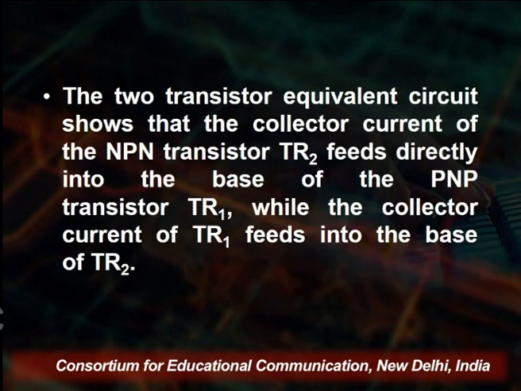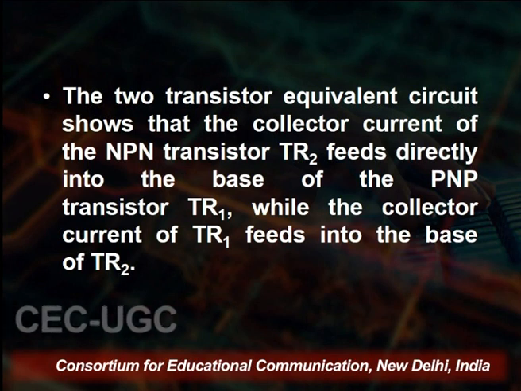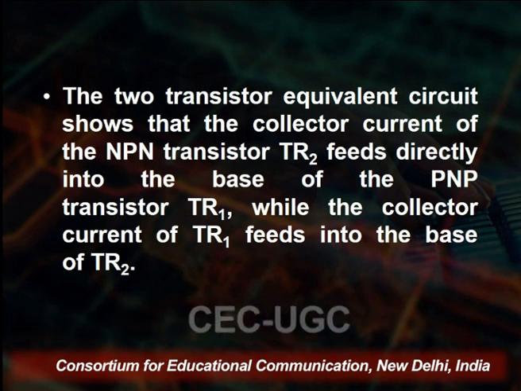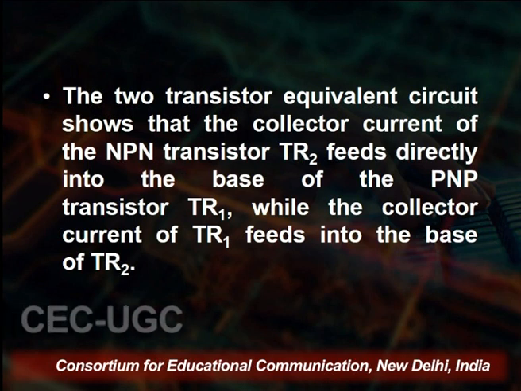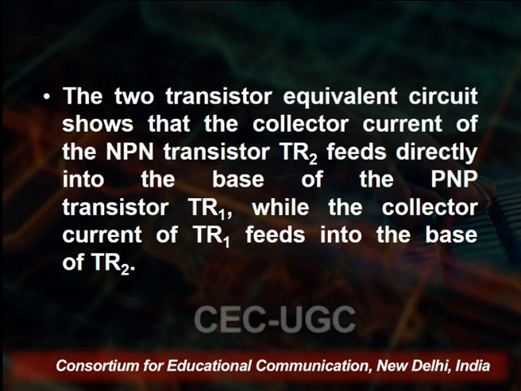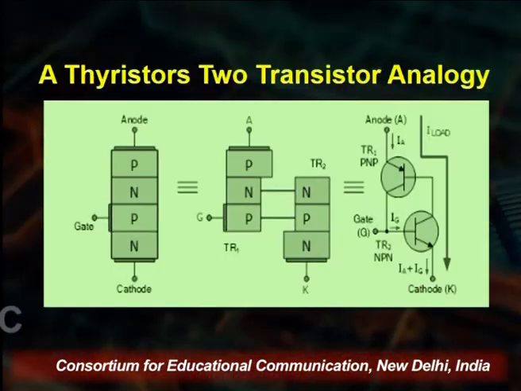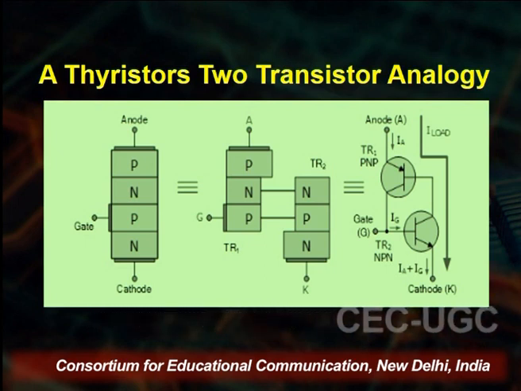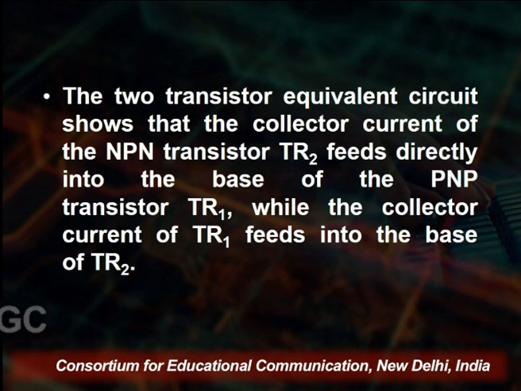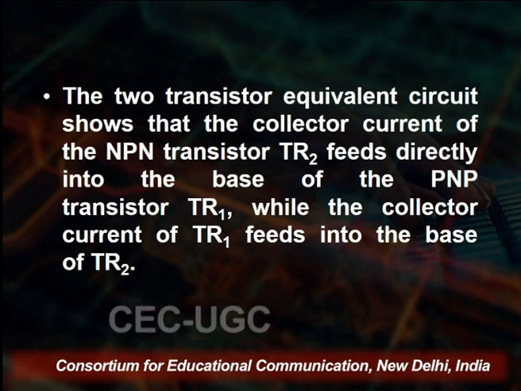As we see in the two transistor equivalent circuit, the collector current of the NPN transistor TR2 feeds directly into the base of the PNP transistor TR1. Here we see that the PNP base is just connected with the NPN base. Now you see both are combined, while the collector current of